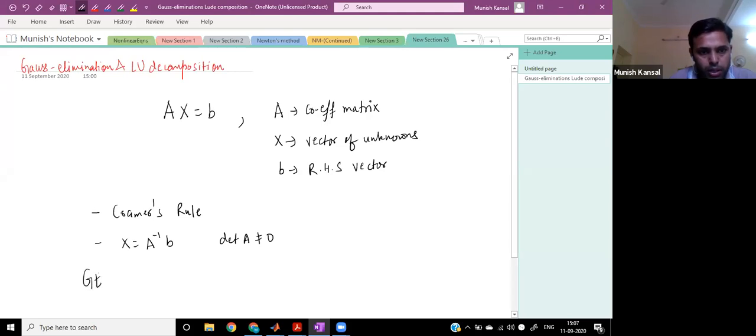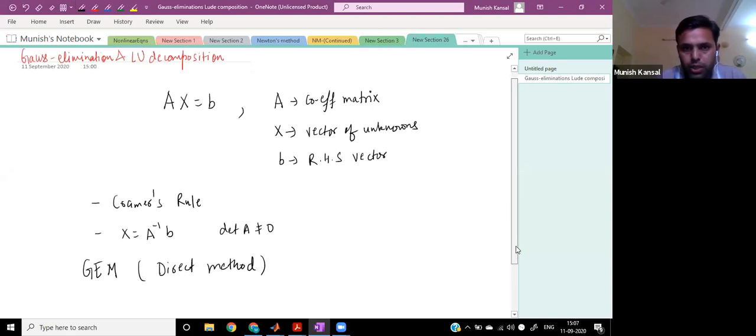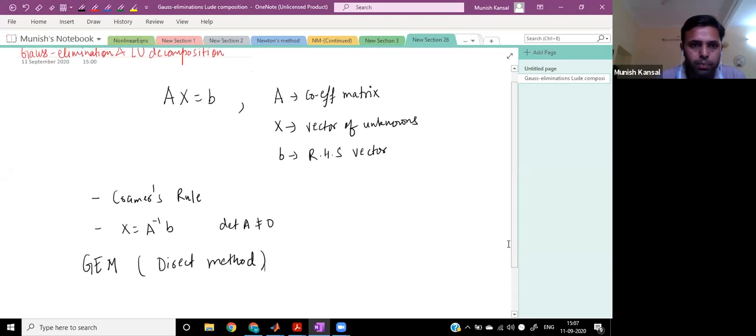So this Gauss elimination method, let me tell you, this is a direct method. This is not an iterative technique. Similarly, LU decomposition, this is again a direct method. This is not an iterative method, right? So this is applicable for general n cross n system, because what happens in Cramer's rule, whenever the order of the matrix is large, we find it difficult to find out the solution using Cramer's rule. And similarly, the same thing happens with the inversion formula, right? So we have to go to some sophisticated method to find out the solution of these kind of linear systems.